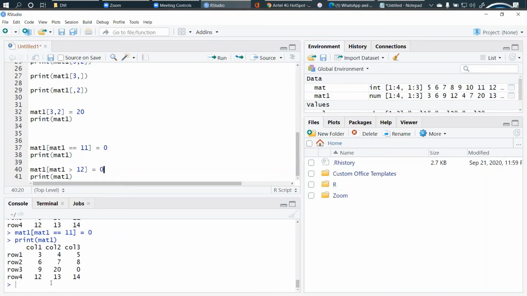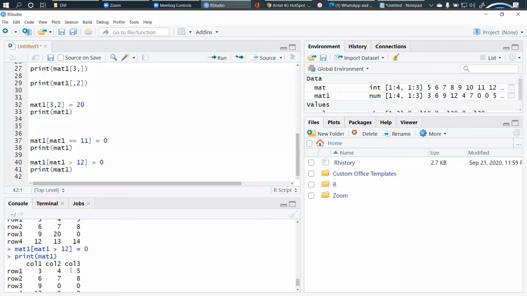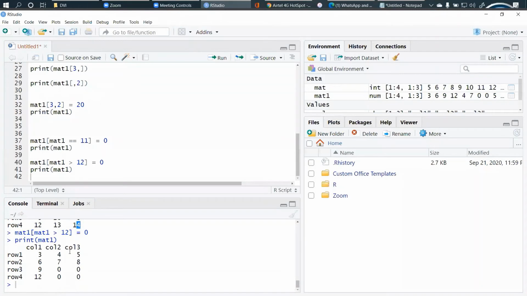Greater than 12, we are having two values. Result can be displayed here. So we are having 20 here, 13 and 14. See, instead of 20, 13 and 14, it has been replaced by 0, right? So conditions can be applied in this form also, right? So these are some of the operations.